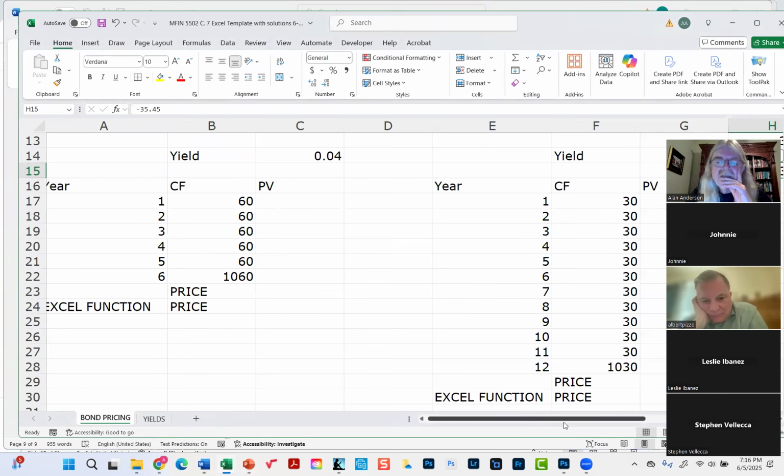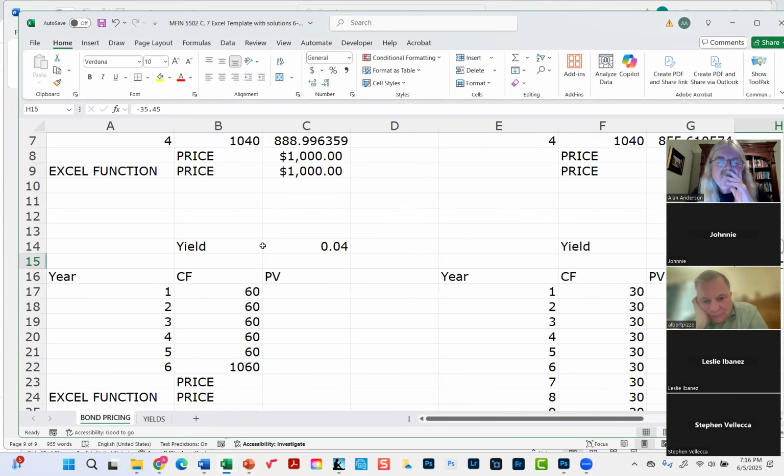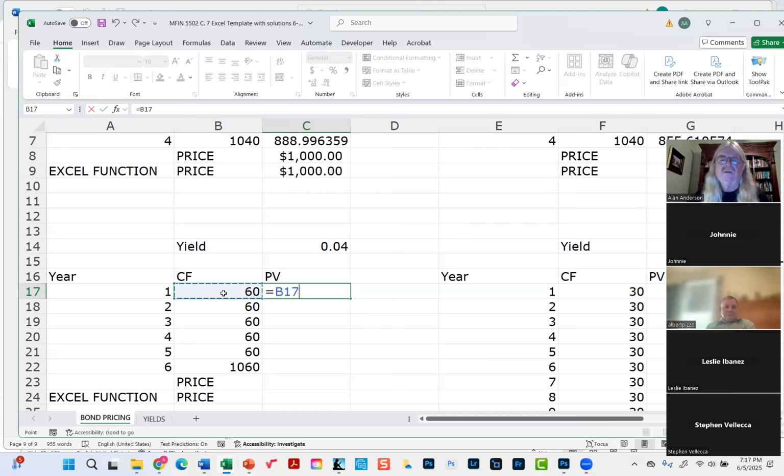All right, so it's not the same example. I just wanted you to see this new version. Here's a new bond that has 6 years to maturity. The annual coupon is $60. The yield is 4%. So let's price it the old-fashioned way, meaning $60 divided by 1 plus the yield